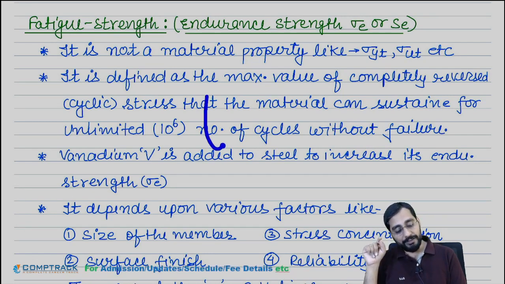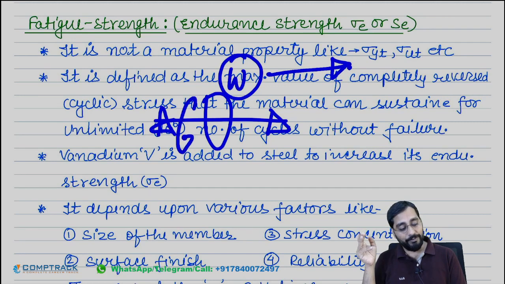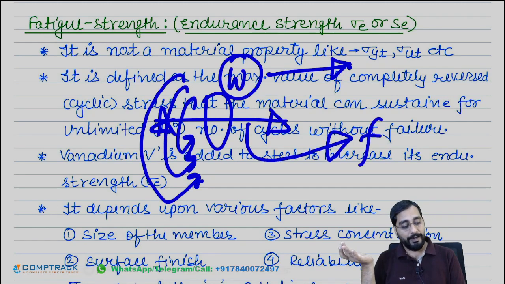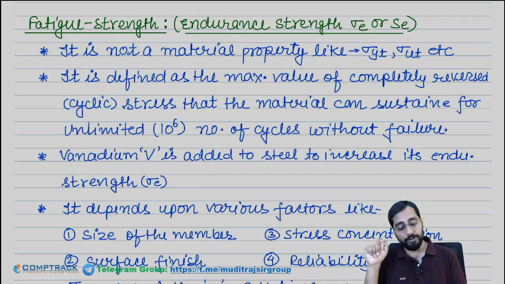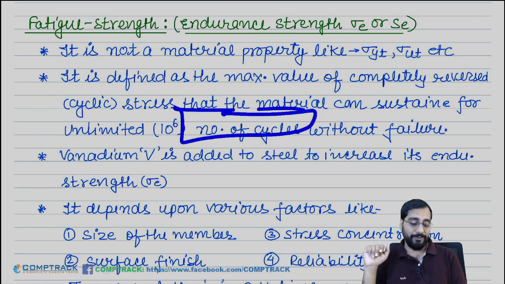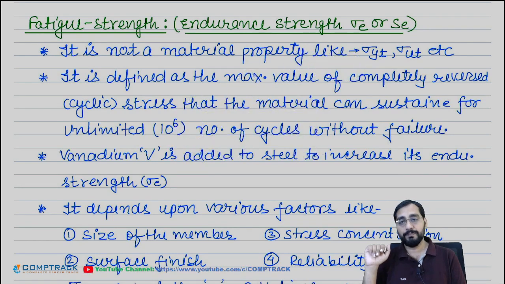So we hang a very small W on the shaft. W is very less than the yield strength. But after running a few cycles, after some time this shaft will fail and we will be amazed that the shaft failed, why? We had applied very little W. Because we forgot that this loading is not static loading. So material or shaft can fail at a very lower value of stress because this stress is cyclic stress, alternating stress. Got the point or not?